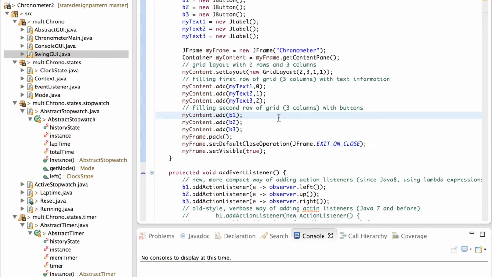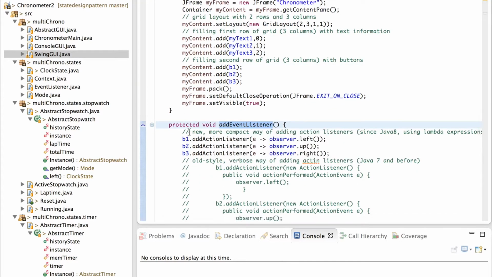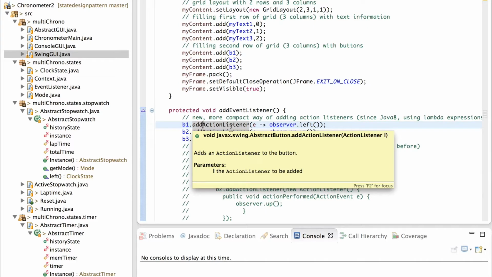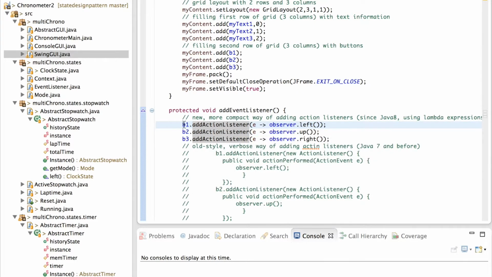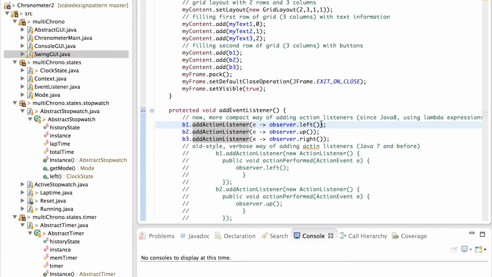To make sure that the context class receives all events whenever a button is clicked, we are adding event listeners. So this is the typical way in which Swing works. Using the Java 8 mechanism, we can do this in a very compact way. To each button, we can add what is called an action listener. And whenever we receive an action performed on the button, in this case, clicking on the button, we will invoke the method